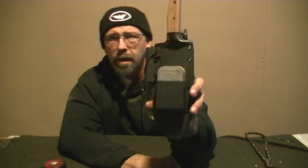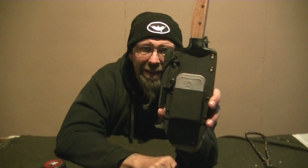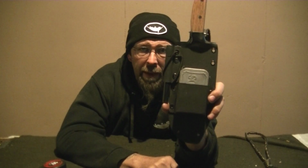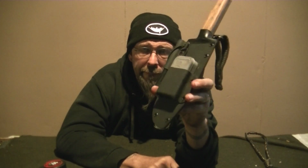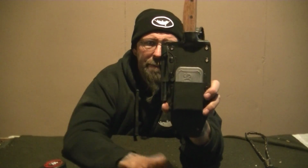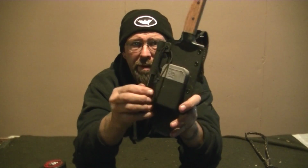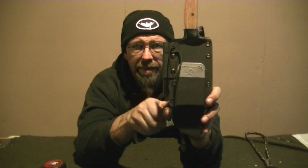There you go. This is out of .08 Kydex. I'm just so happy with the way this turned out. It has an Altoids tin holder on the front of it. It has a ferro rod on the side of it with shot cord to hold it in. This is a Country Prepper design. He was kind enough to let me use that design on this